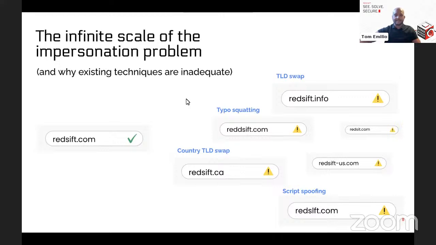You have the classic typosquatting, right? So you have Redsift with two Ds, or maybe it's missing an F, right? One character different, one character added, one character dropped. It's a whole new domain. You've got different TLDs on a country level. You have this term called script spoofing, right? So in this example, there's an L instead of an I. It could be a 1, right? All it takes is really one character difference,